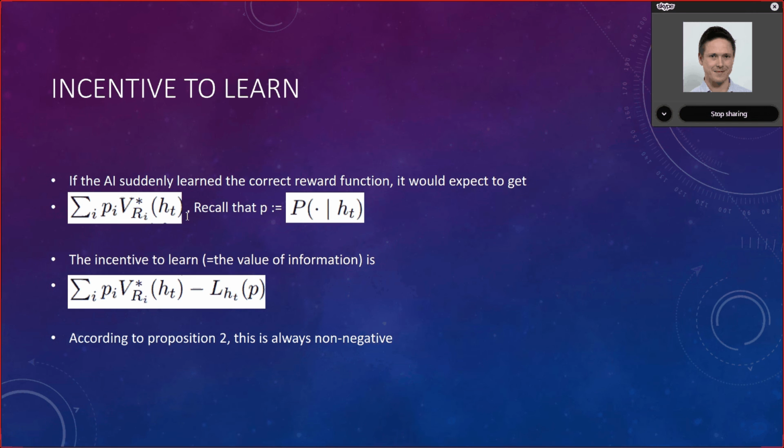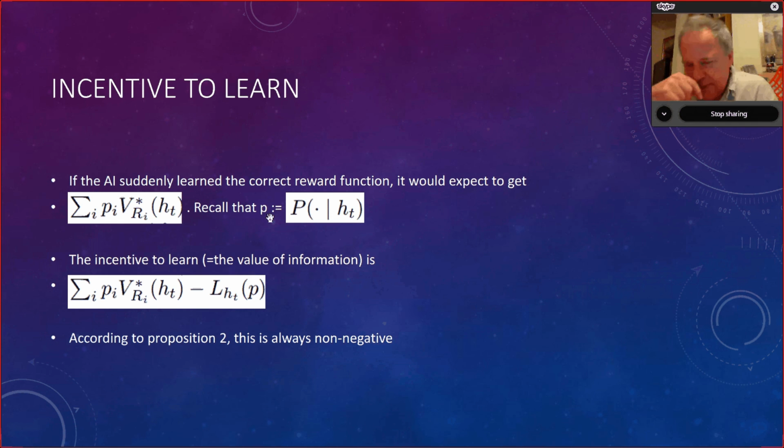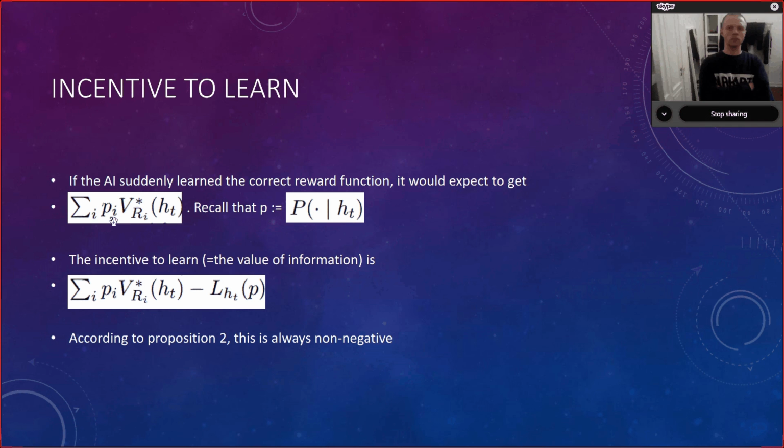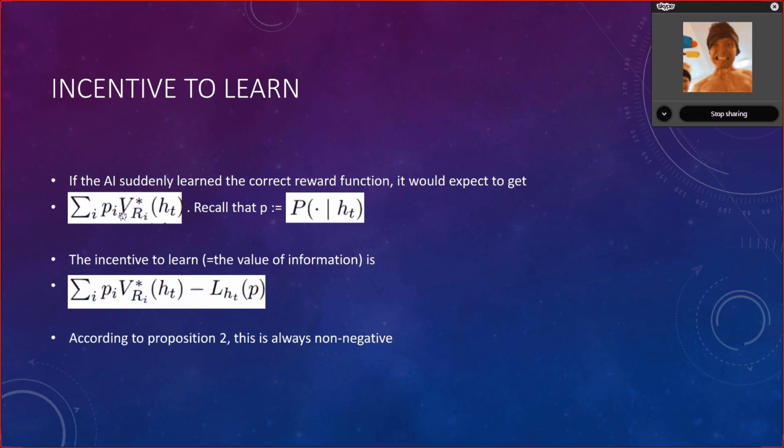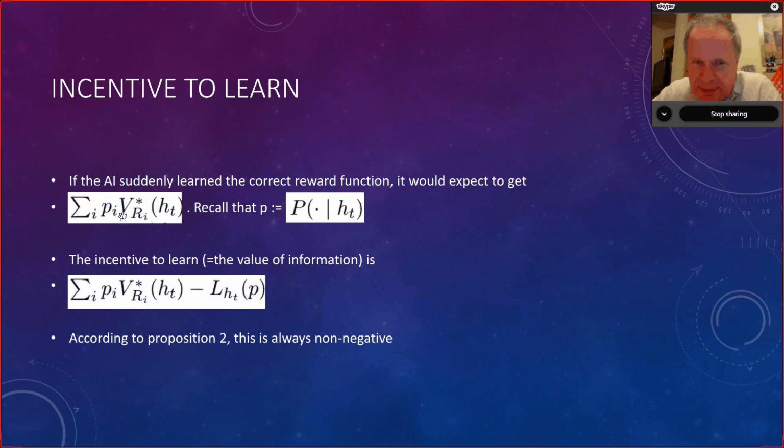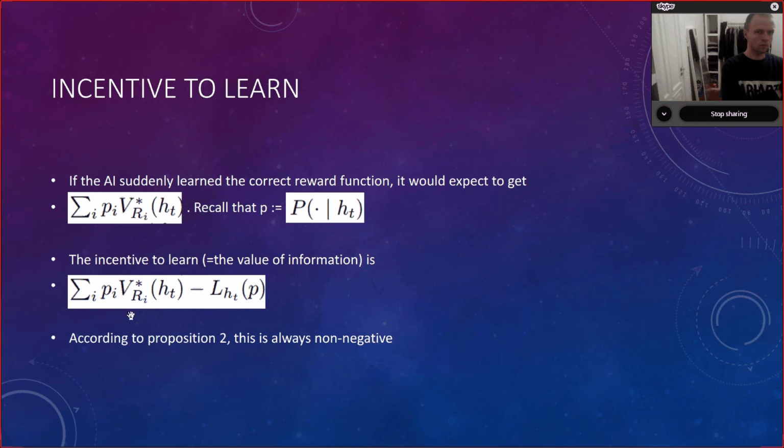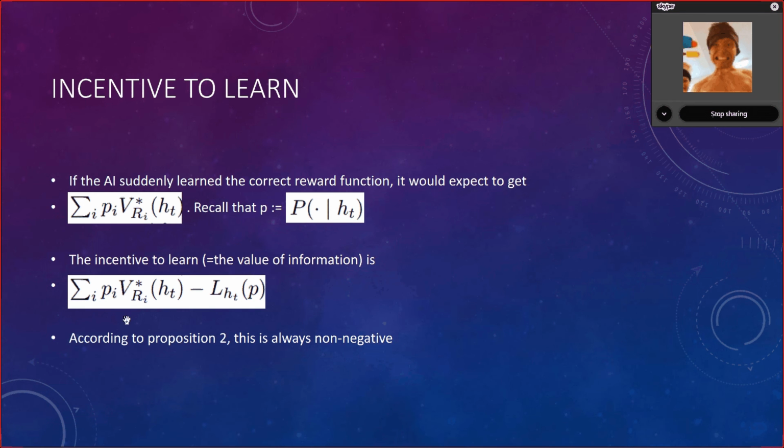This is the extra reward we would get if we knew the correct reward function. Then we would be able to get the reward function where the posterior probability is exactly correct, because we have the correct reward function in this case. And we don't have the correct reward function, of course. So the difference between what we really have and what we would have if we had perfect knowledge is called the incentive to learn. That is what we really want.